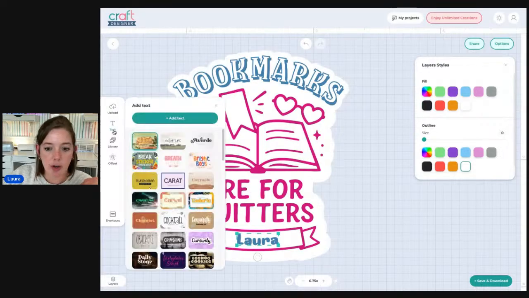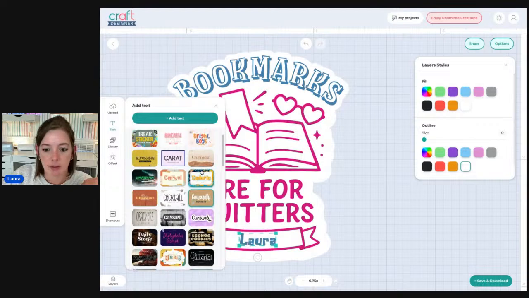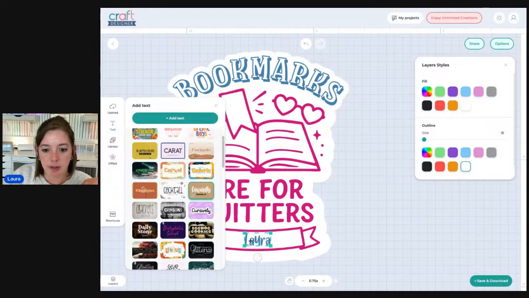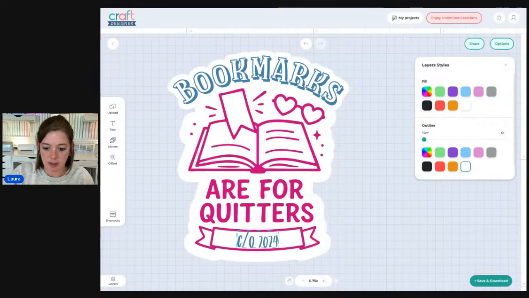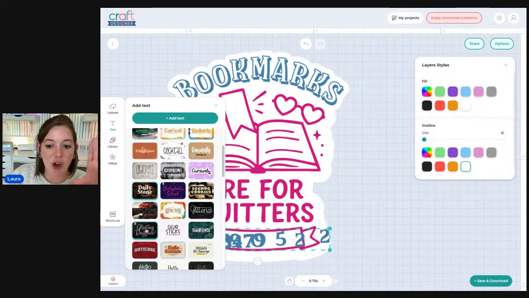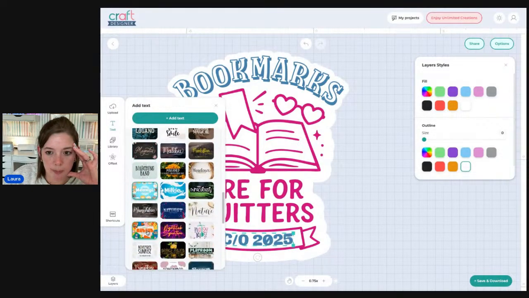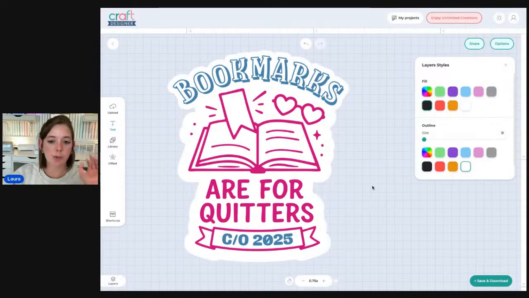So I do want to select a new font for this, but I don't know what I want it to be yet. So I'm just going to play with it for a second until I find something I like. Oh, I like that one actually. And we'll do Anna Rosa's suggestion. Oh, but now I don't like that font anymore. This is my struggle, is fonts. So let's do, that's kind of cute. I like that. Okay, so we'll do that.